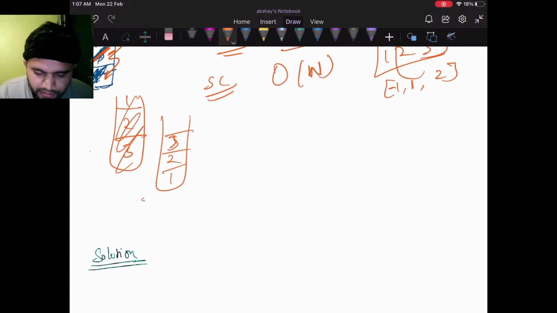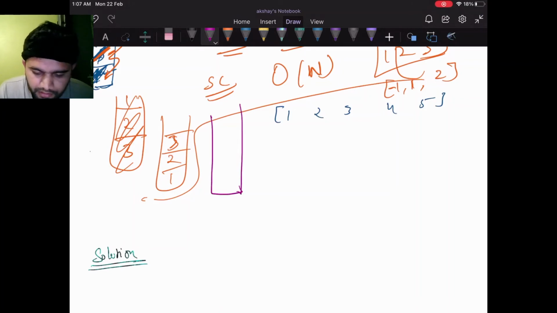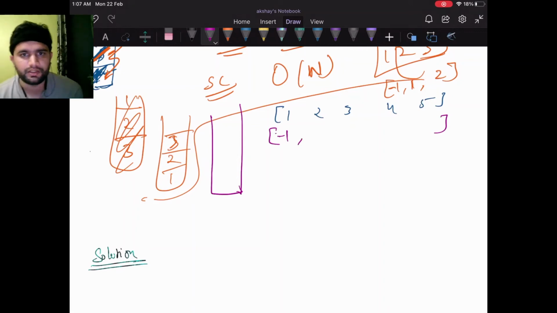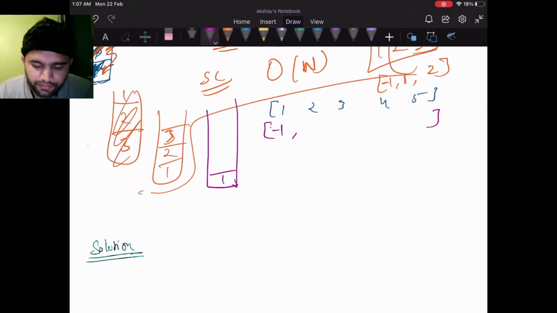So let's take that example. Suppose I have an array like 1 2 3 4 and 5. With our logic, for the 0th index the answer is always -1. Now we push 1 here. Then we are at 2.